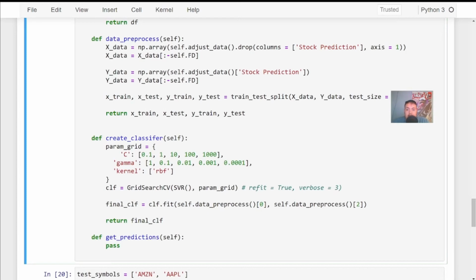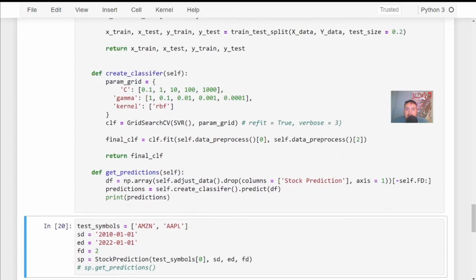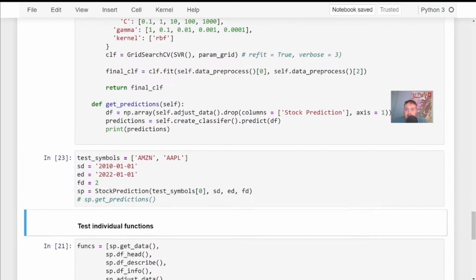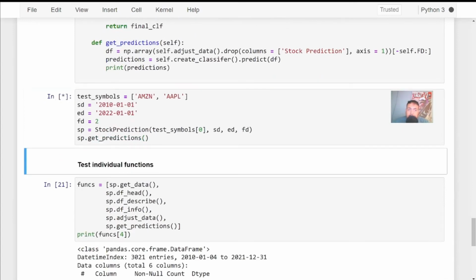And then to get our predictions, we're going to set this into a NumPy array where we drop the stock prediction, and we make sure that we shift back to the number of forecasted days, and then our predictions are going to predict this NumPy array. It's going to take into account what this has and use it to predict our new predictions. So we can run that, run this. We don't need to run this anymore. We can just print this out,